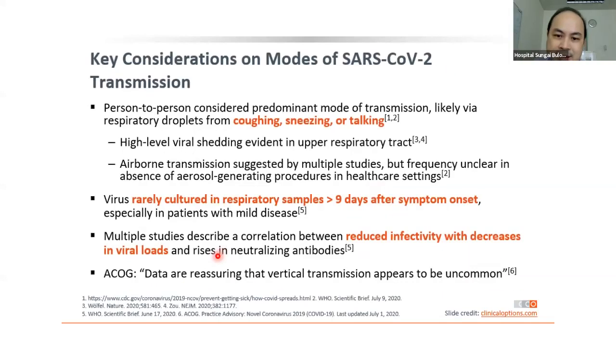Now, what we do know next is that almost everybody knows the main mode of transmission is by droplets. So when do droplets happen? Droplets happen when you talk, when you cough, when you sneeze, when you sing. That's when respiratory droplets come out, and respiratory droplets don't spread more than 1 to 2 meters away from that person. So that's the main way in which COVID spreads.